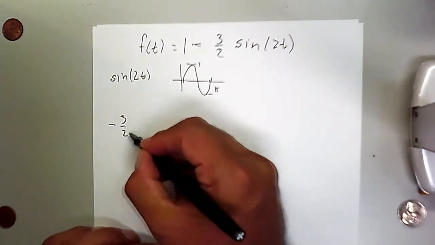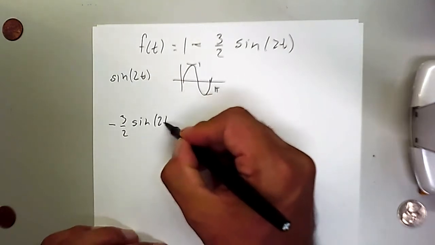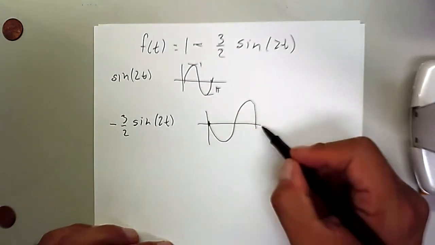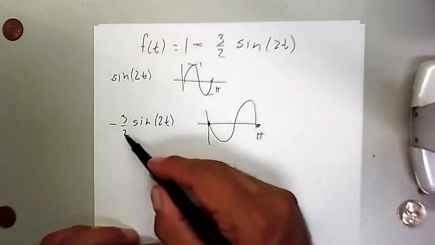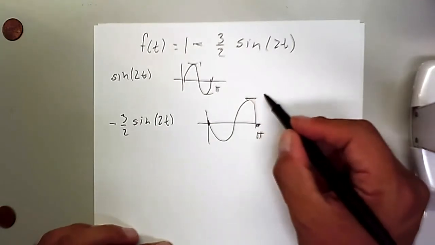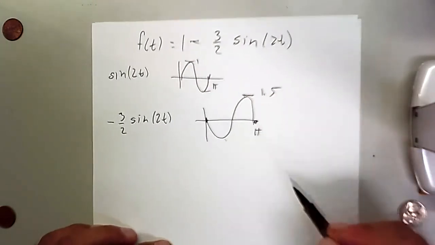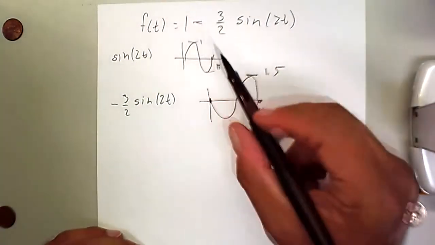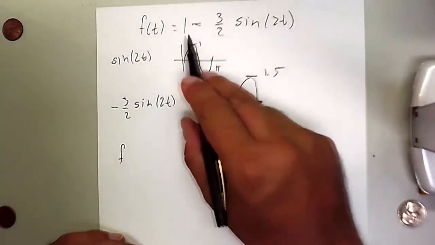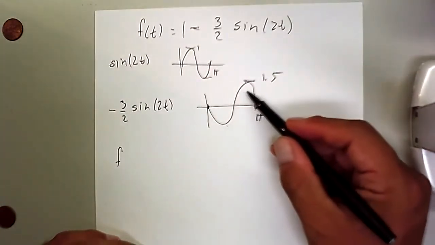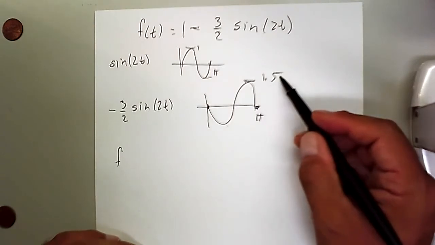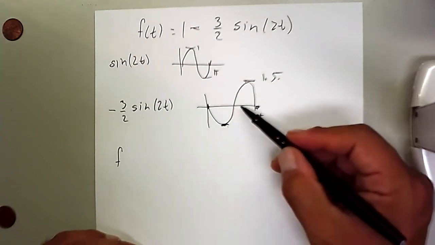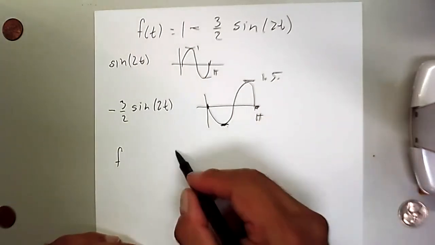So -3/2 sine of 2t. We're going to go down and then up and down, and we end up on pi here, and this gets stretched by 1.5. So this is 1.5 and -1.5 on the bottom. And then we're going to shift this up because of this 1. So f, which is 1 plus this function, we're going to shift everything. So this 1.5 will be 2.5. This bottom is -1.5. When we add 1, the graph is going to look like,